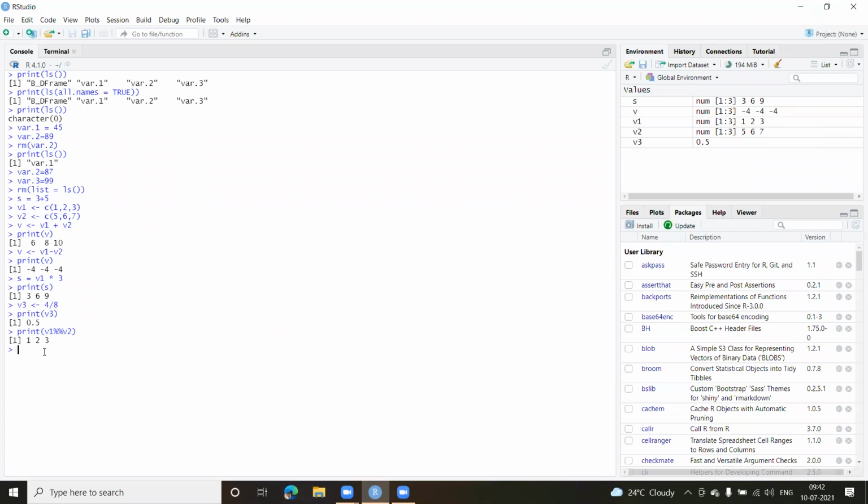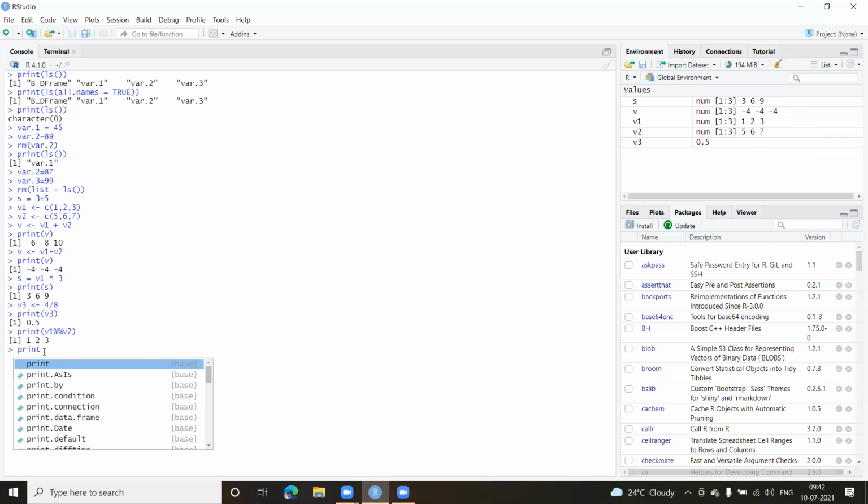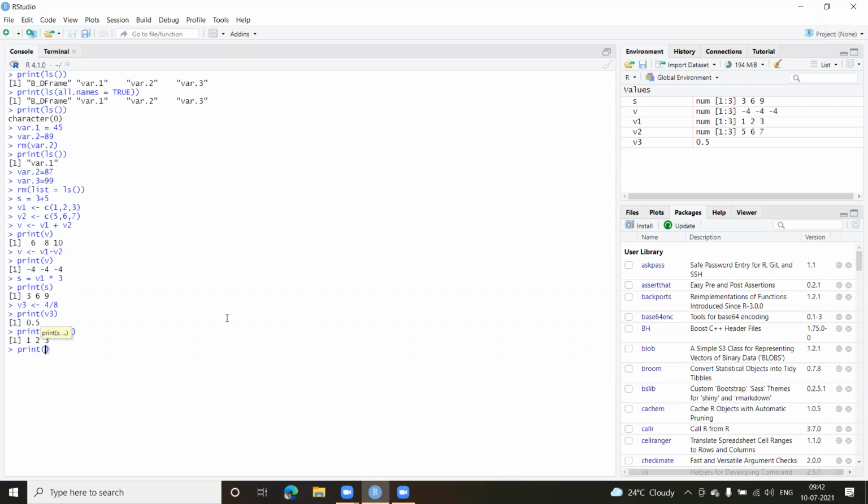If I do the other way around, let us say print in brackets, V2 and V1. Sorry, V2 and V1. If I do this, look at this now.